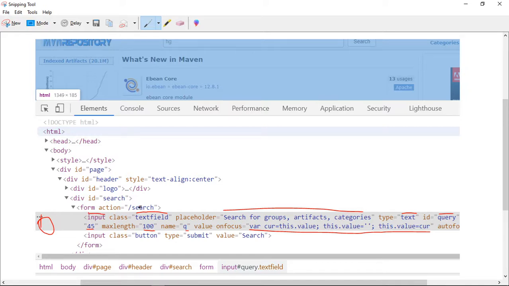If you try to write the relative XPath, you would write input @class equals text field, or some other attribute value. But as these values keep on changing, every time you refresh the page the value may change, so the relative XPath will fail your script because these values are not constant. In that case, you can use the absolute XPath because the tags are constant and not changing. You will come from here, then here, then here, and identify the element. If that is the case, you can use absolute XPath.